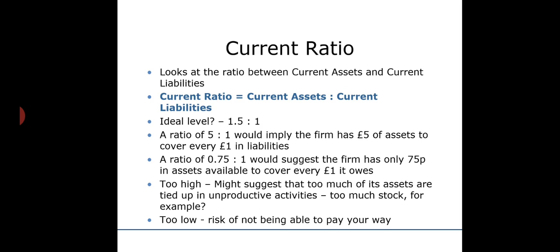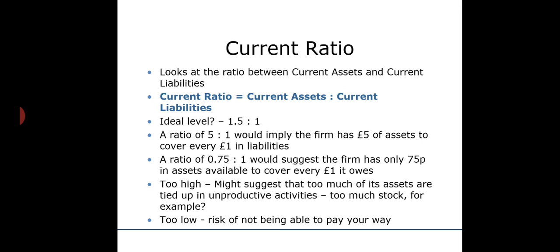When you calculate the ratio between your current assets and current liabilities, it is nothing but the current ratio. So the formula is current asset to current liability. The ideal level is 1.5 to 1, means your current asset should be 1.5 times the liability. Your asset should be greater than your liability. Always remember, if you are working as a profitable banker, your assets should be greater than your liabilities.